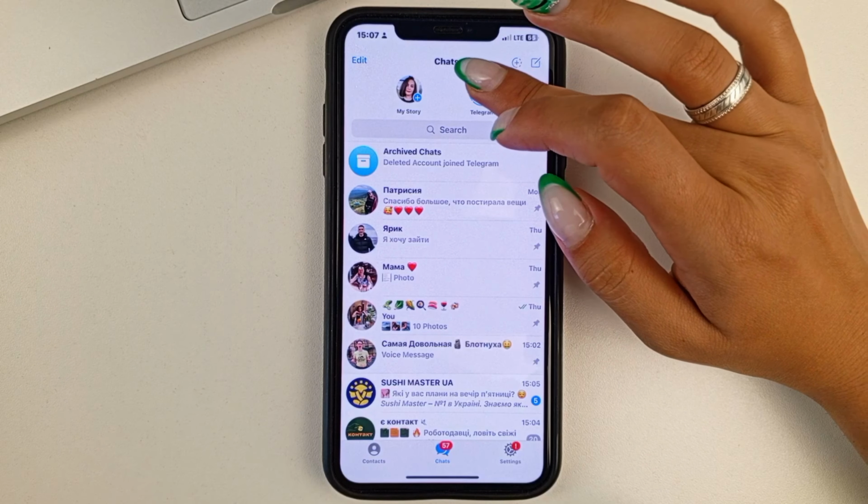And as you can see, this way you can hide, first of all, your views for the last 5 minutes. So if you viewed someone else's stories before that, they'll be hidden as well. And also hide your story views for the next 25 minutes. If you are happy with this option, click Hide View. Confirm your action. And that way, friends, you can continue to safely view your stories anonymously.